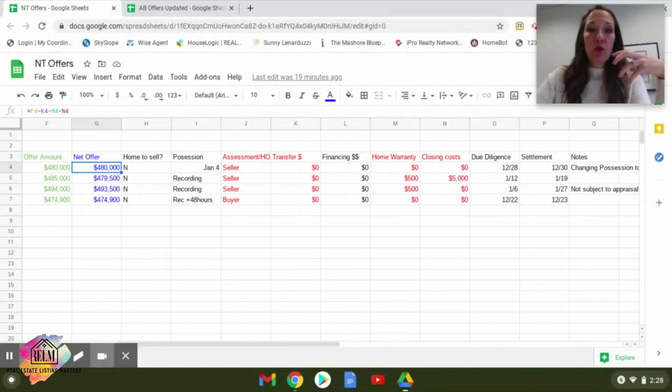And because it's so quick, she wanted to have a few extra days just to be able to move everything out, so that if we got through due diligence and the buyer decided to cancel for some reason, then she wouldn't have moved everything out and had to put the house back on the market. Now, all of these other offers are also offers that we could go back to and potentially ask to be a backup offer. That was also another option.